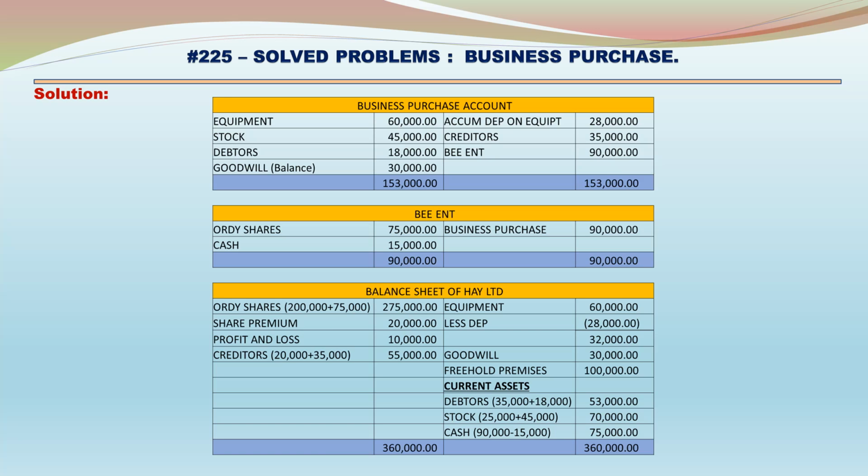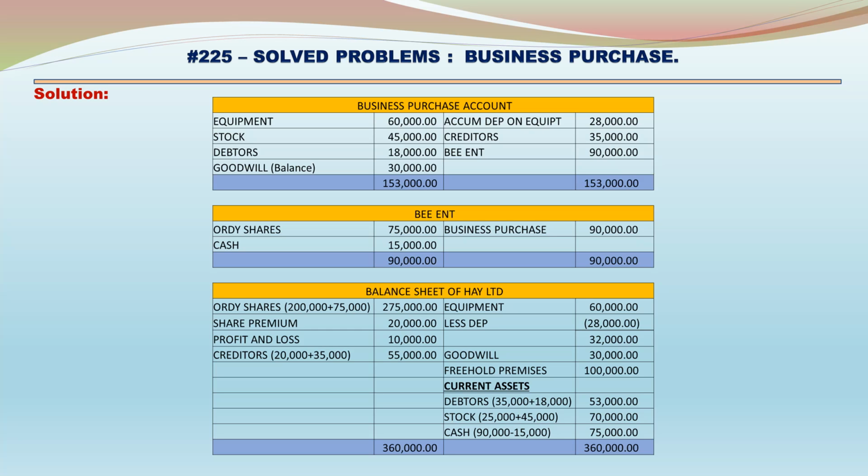Balance sheet of A Limited after the purchase. On the asset side, equipment 60,000, less depreciation 28,000, net equipment 32,000, goodwill 30,000, freehold premises 100,000, current assets: debtors 35,000 plus 18,000, 53,000, stock 25,000 plus 45,000, 70,000, cash 90,000 minus 15,000, 75,000, total assets